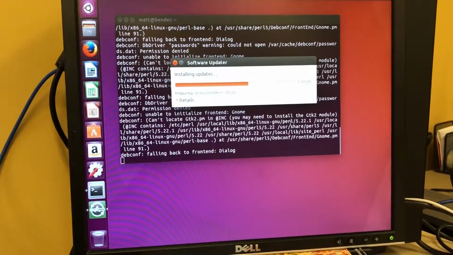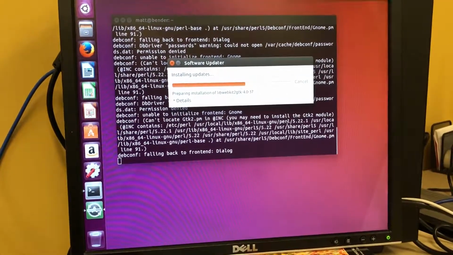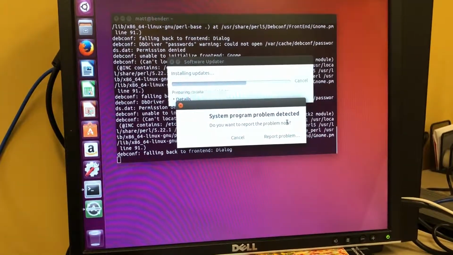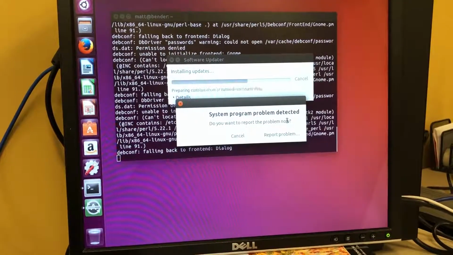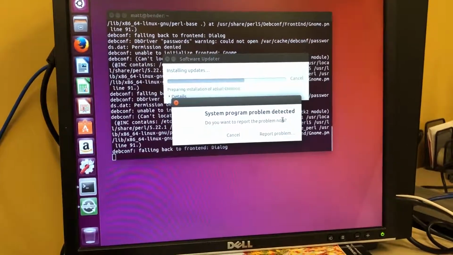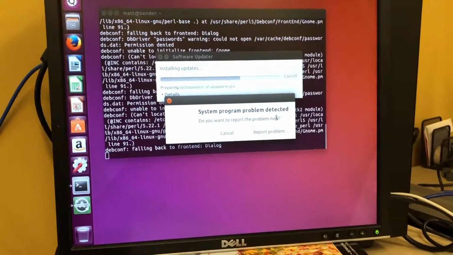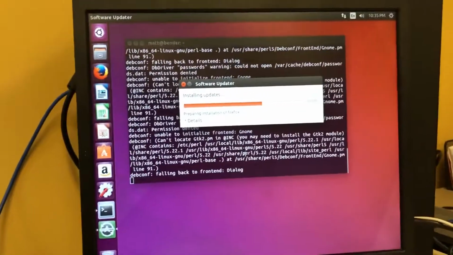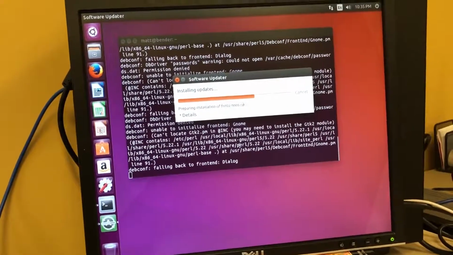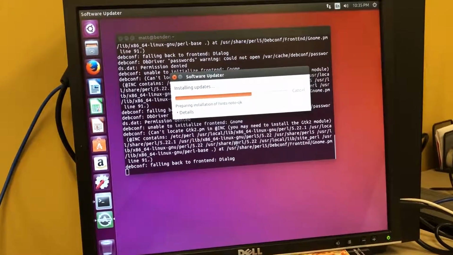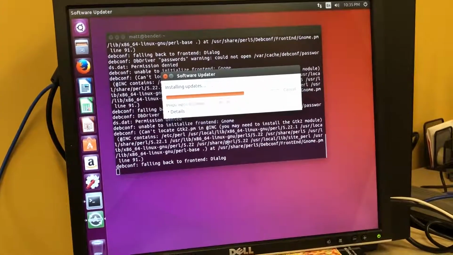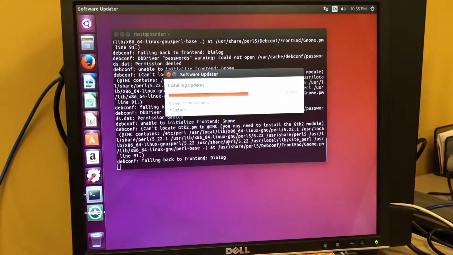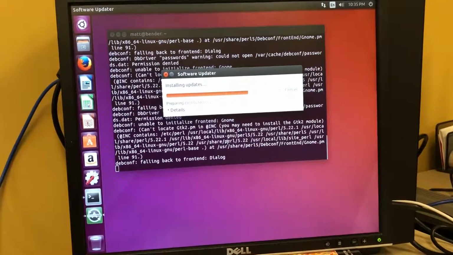But lucky you, if you can manage to sit through this narration, you will hopefully get a lot of that done for you, because we figured out a lot of the issues in the process of writing this toolbox ourselves. I'm just going to not report these problems. This is going to keep coming up. It'll even come up after we reboot, even though it's no longer having the problems. I think it caches its knowledge of that error,